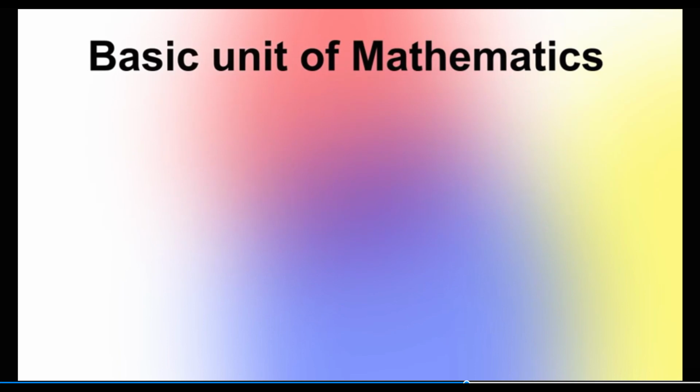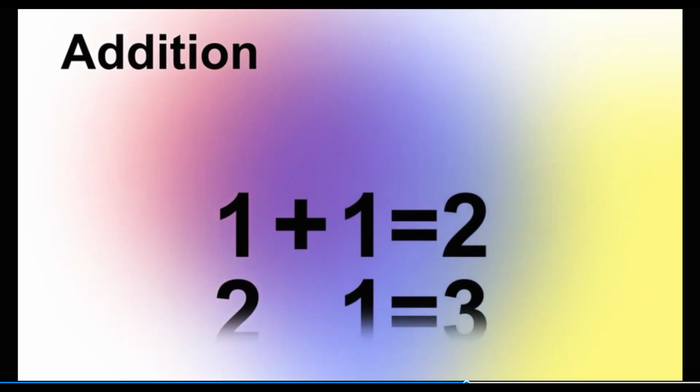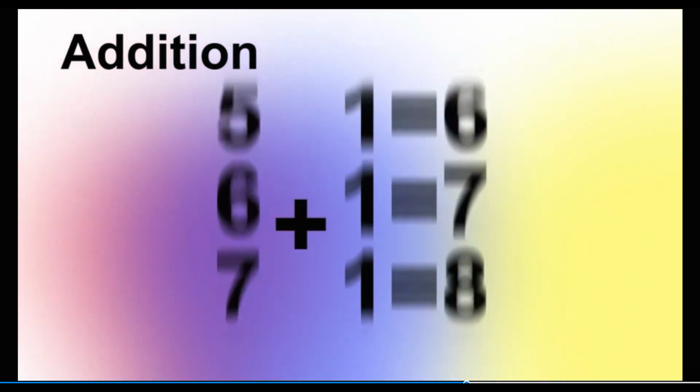To start off, we define our basic unit of mathematics as the number 1. Next, we define our first operation, addition. We can define all whole numbers in this way, and from addition we can get all of our digits. 1 plus 1 equals 2, 2 plus 1 equals 3, 3 plus 1 equals 4, and so on until we